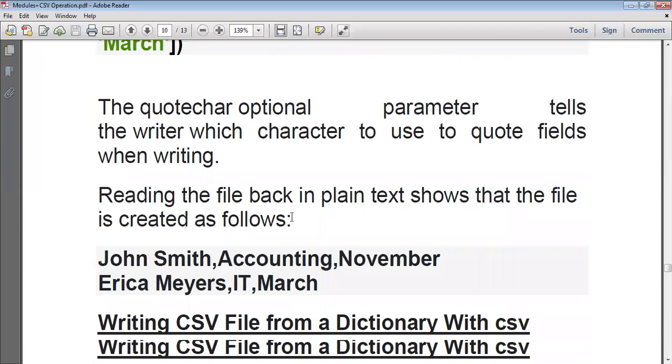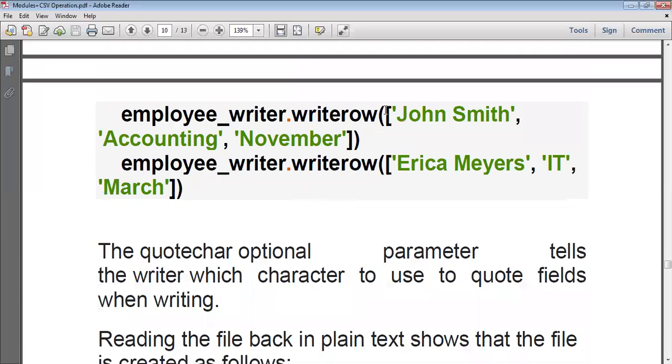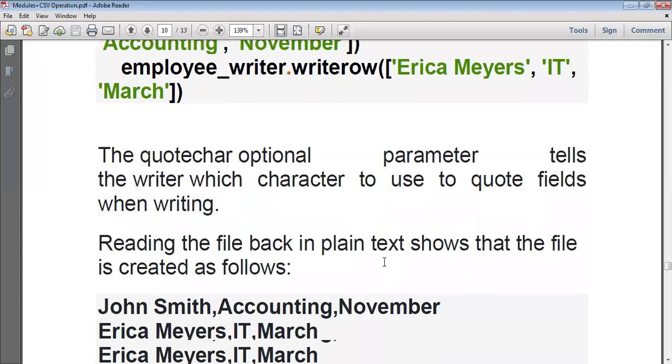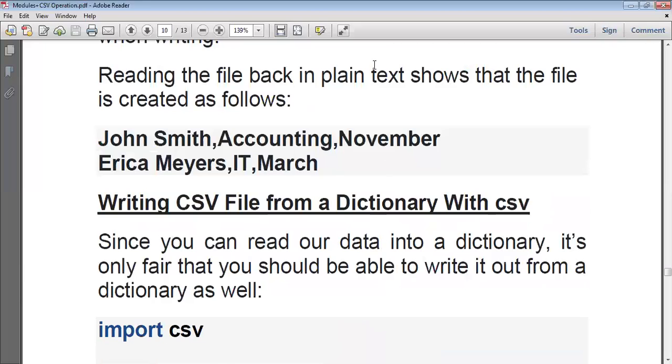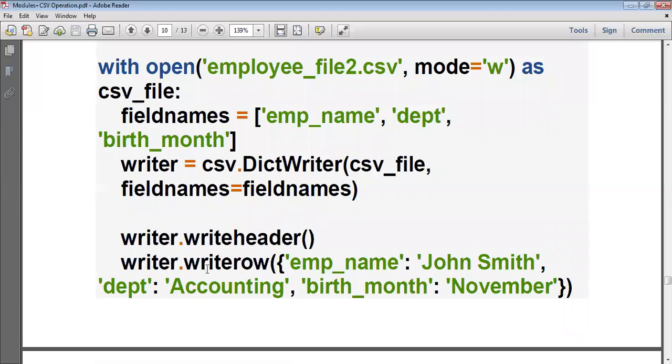So next one is, how do we write the content from a dictionary? In the previous example, I gave a list of strings as a row and directly wrote the row into my file. But this one is, how do we write the content as a dictionary into my file?